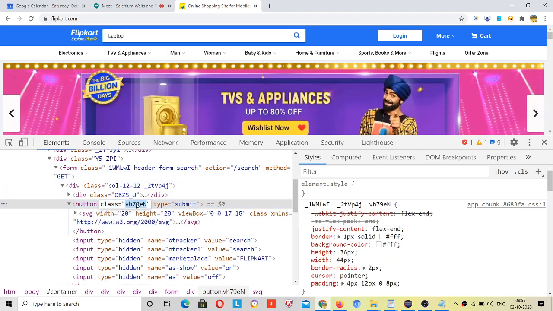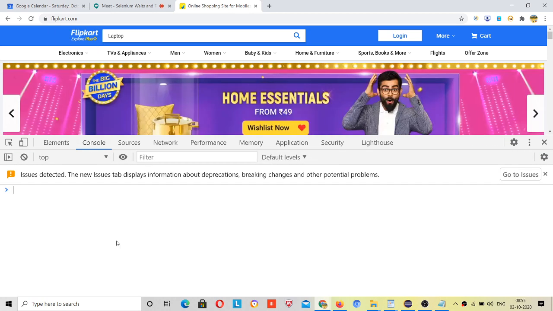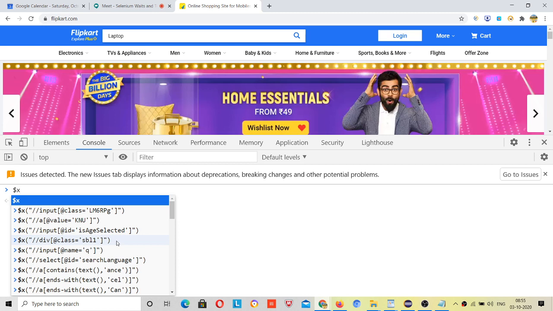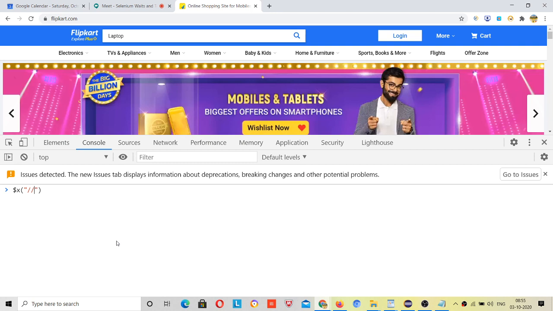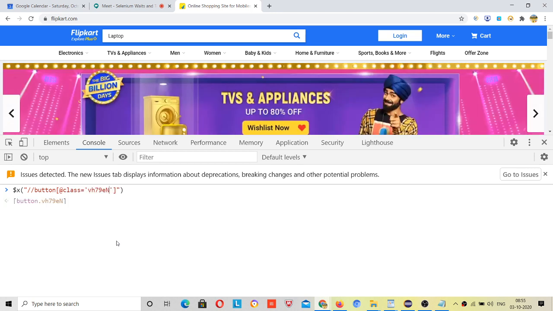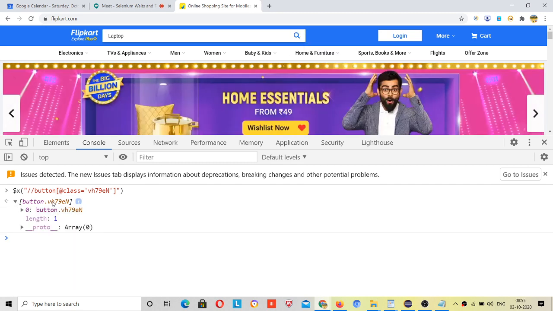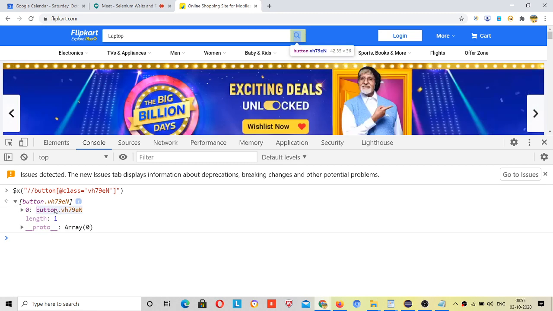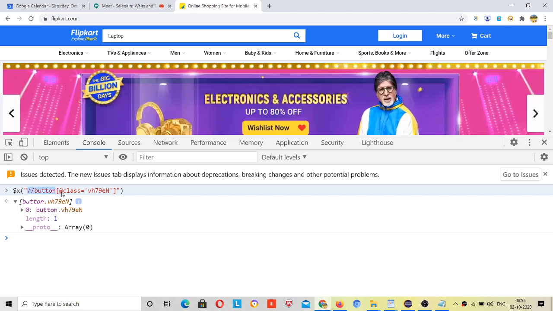Use this class, and now let's write directly here $x for XPath, double slash, cross button, right? Button and the @class is equal to, right? Click on enter, explore this, and if I am here, then this is locating this one, right? If I am here, this means we have written the right XPath. So we will copy this XPath